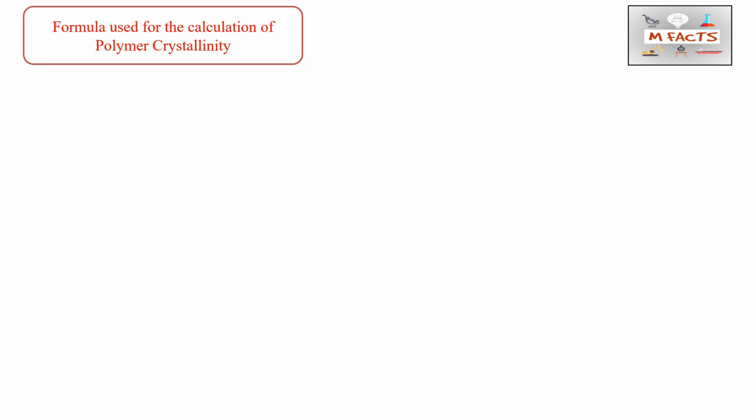Okay, so the formula for the percentage crystallinity. It is a little bit tricky and doubtful among students because of the terms used in it, and sometimes we make silly mistakes while writing the formula. If you do not write the formula in the correct way, how will you calculate the right answer? So we need to understand the concept behind the formula. I made one concept to remember it, so we need not learn the formula. Let us see the concept.